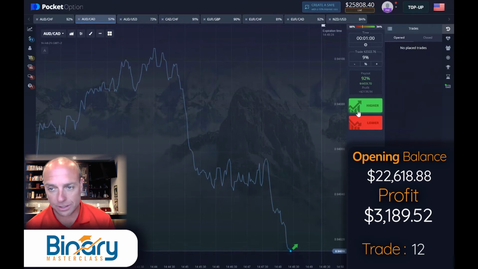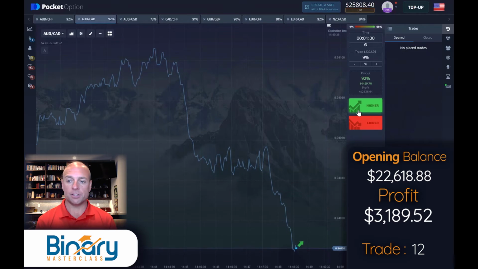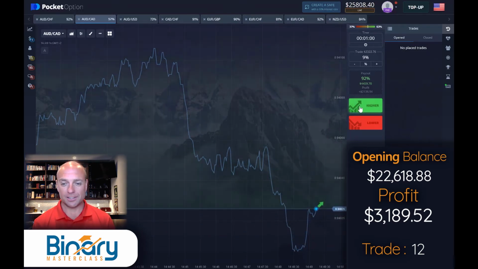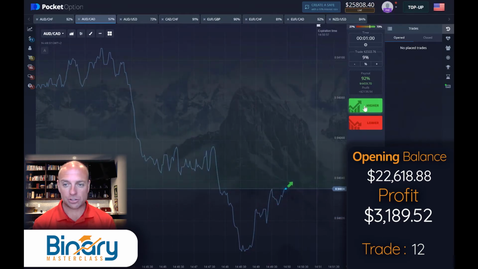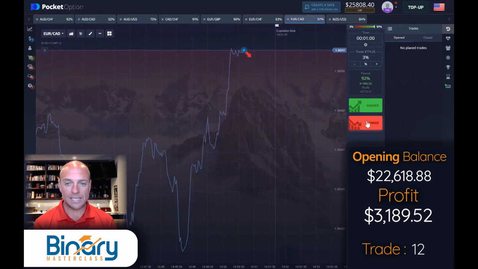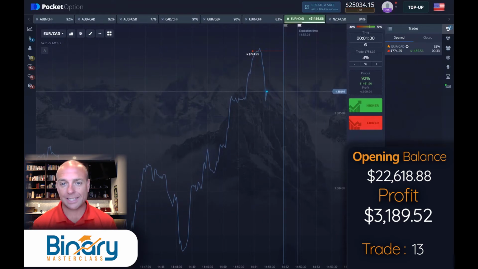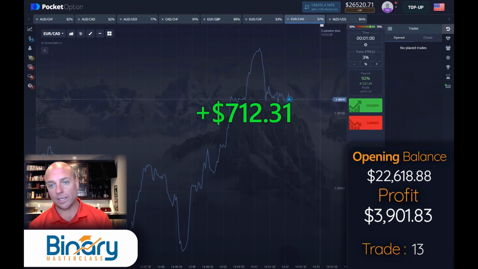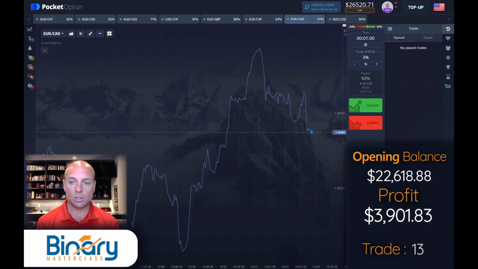And so what we actually decided to do is abandon the third on that pair. You can see here I'm waiting with my finger literally on the trigger to maybe take a third there, but actually it looked like it had made its move before I could take the trade. And so I just moved over to a different currency and kept my second trade size, and there's a 60% chance I win, and I win as a first. And actually we've made back 2/3 of our loss with that one trade.